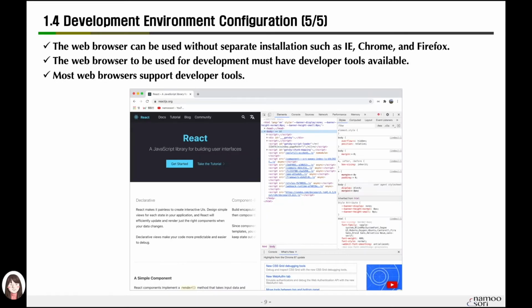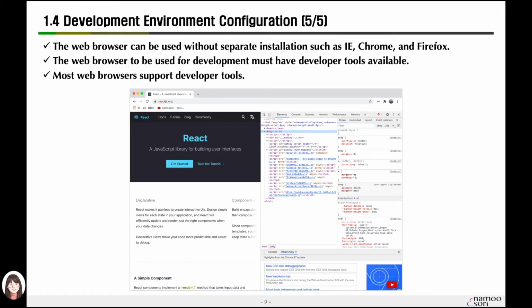We will use Chrome as the default web browser to develop a program. Other than Chrome, it doesn't matter if you use IE, Firefox, Safari, or any other web browser that I didn't mention. But each browser supports certain functions of JavaScript or React differently. For example, there are parts that support and do not support certain functions of ECMAScript 6.